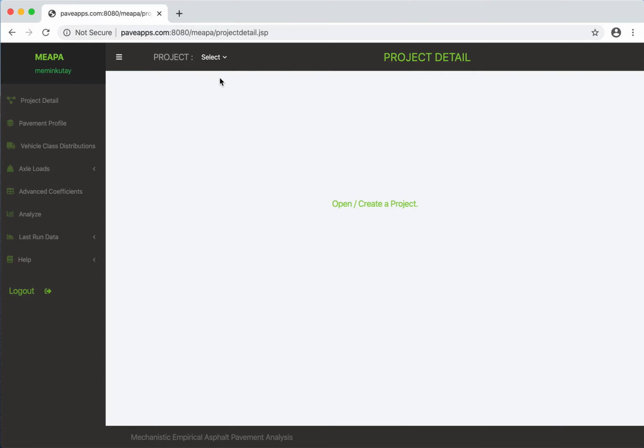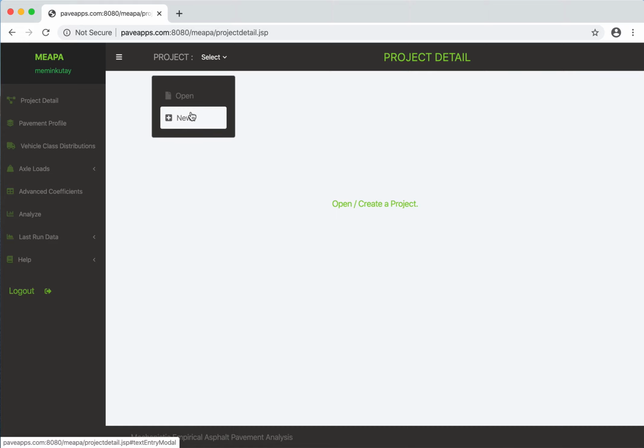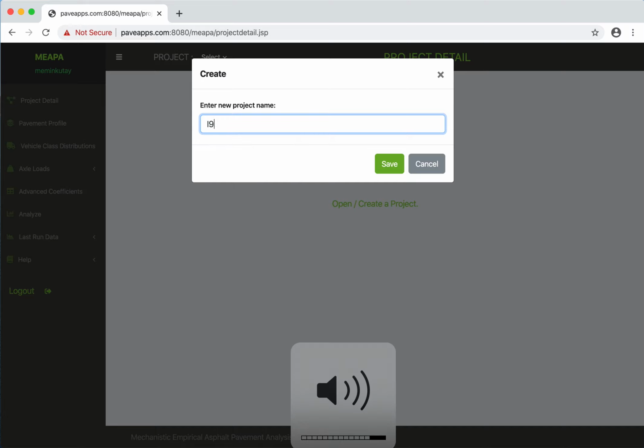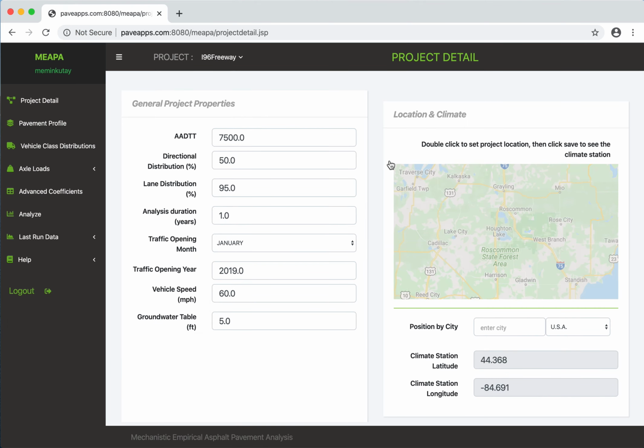First thing you want to do is select and create a new project. When you click here, it will ask you the name of the project. Let's say I-96 freeway. Once you enter the name, the first page that you're going to be directed to is the project detail